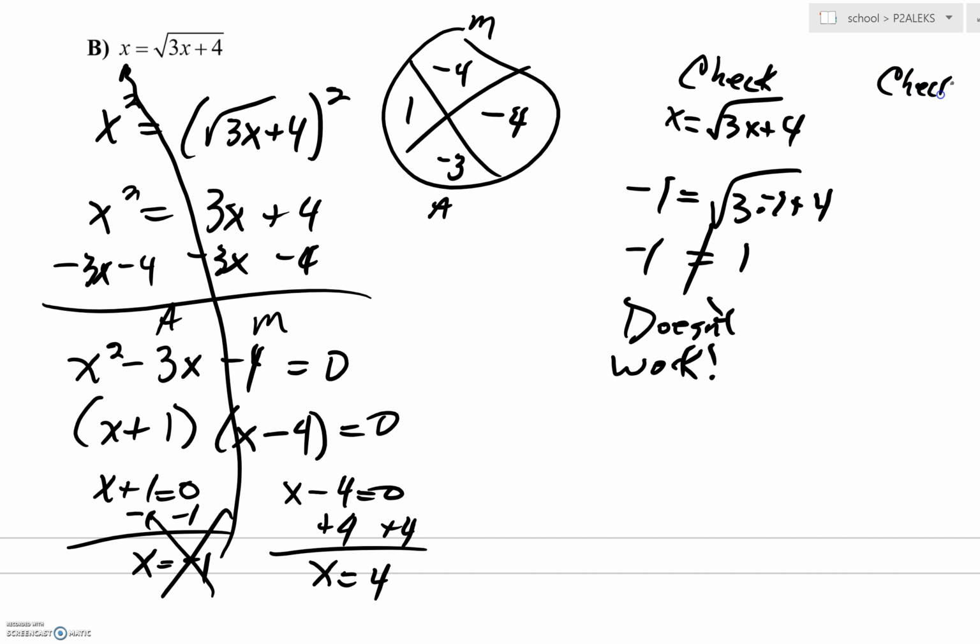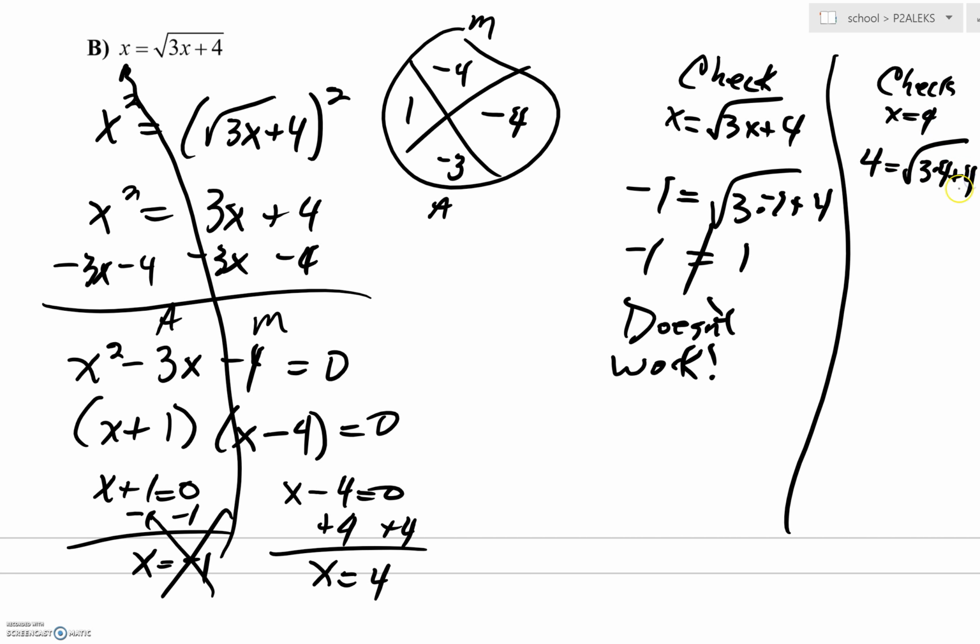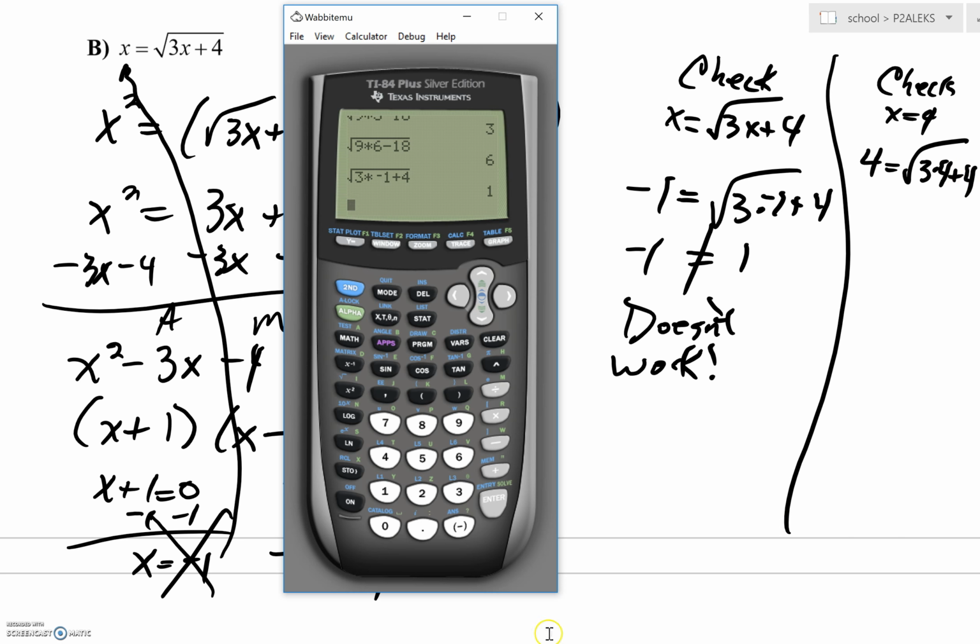Let's check the 4. If we plug in a 4 on the right, and if we have over here 3 times 4 inside the radical plus 4, let's just do a second enter and just bring this thing back, hit delete and type a